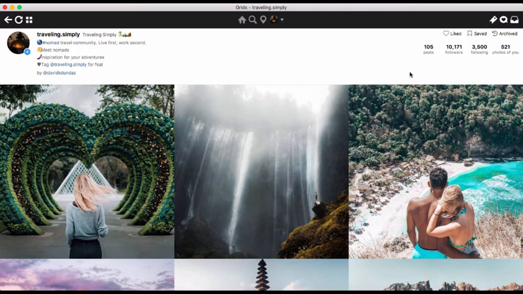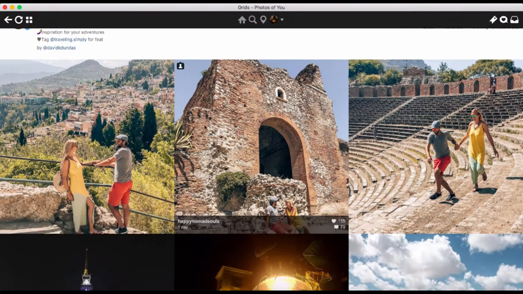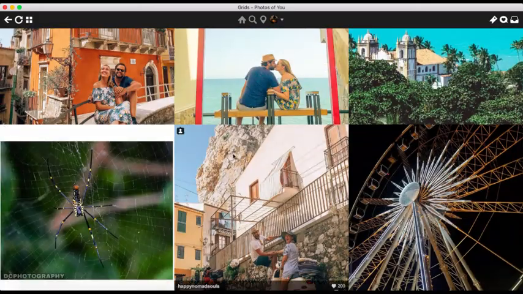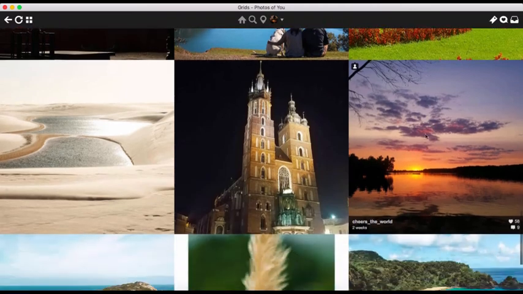The next thing I want to show you about a repost account, a community profile, is the photos of you. So when you say, okay, tag Traveling Simply to be featured, these are all the people who have tagged my profile or places they've gone. And every day I get more and more tags, right?